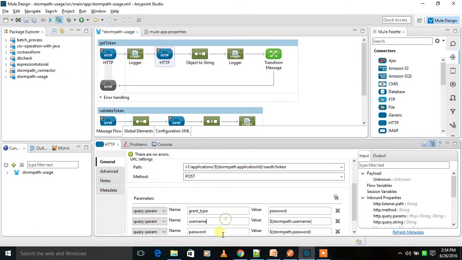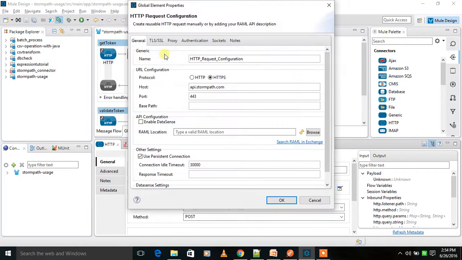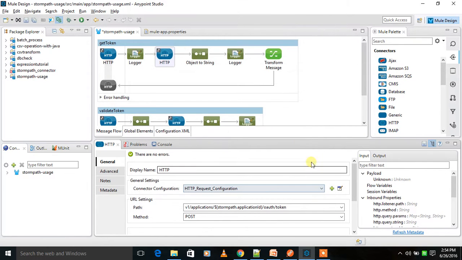Then here you see this username and password, and if you go to this one, this is the configuration which I am hitting. This is the Stormpath API, and then port 443, and authentication I can give quickly. This I will not show right now because it has the credentials available. So these two, this API key ID and API secret, you can put here in the authentication. You can put basic authentication where username and password. In case of username, you will put the API key ID. In case of password, you will put the API key secret provided to you when you logged into Stormpath.